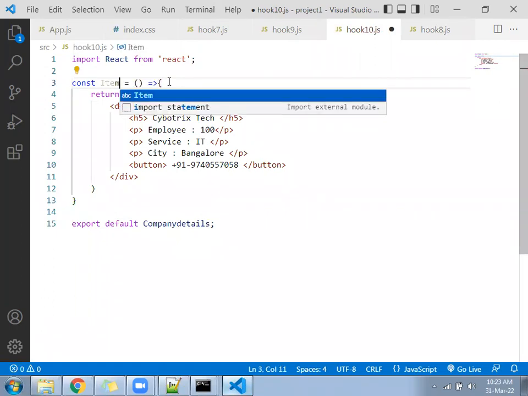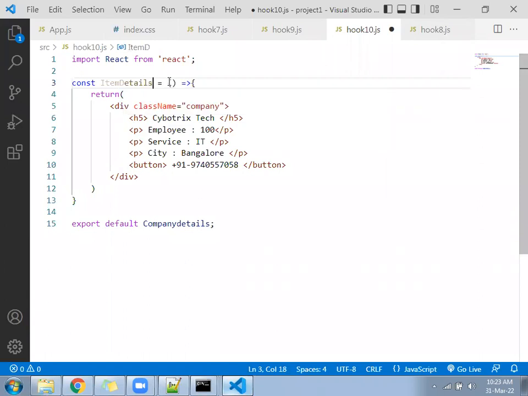Item details. D capital I have given. Below also you can keep similar, D capital. And next, write here apple.